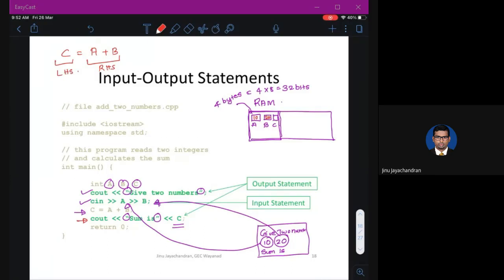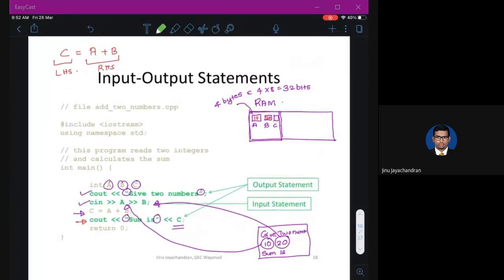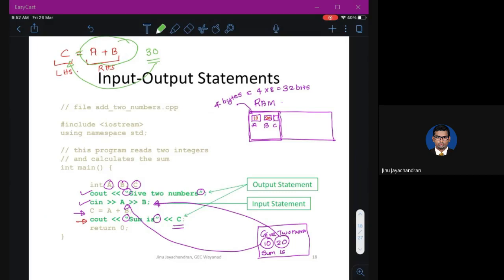When the execution happens, it will first execute the right hand side, that is A plus B, which will now be 30. Then it will copy, since this is an assignment, the value on the right hand side to the variable on the left hand side. The value 30 will be copied to the memory location of C, which is 30 here.